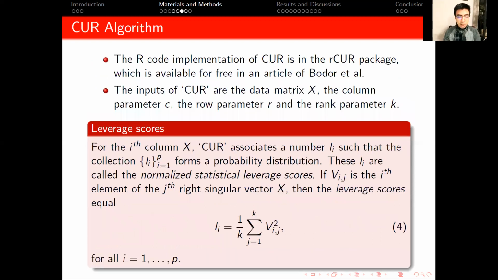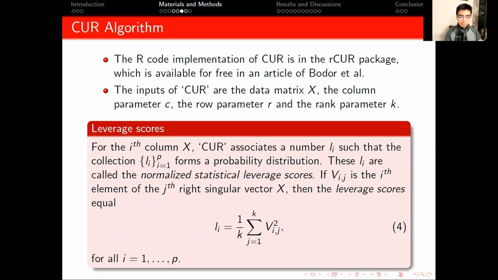Here, the R-code implementation of the CUR matrix decomposition is referred to as the CUR algorithm. This implementation is in the rCUR package, which is available for free in an article of Fodor et al. In the rCUR package, a primary function that makes the decomposition, called CUR, is implemented. The inputs of this function are the data matrix X, the column parameter C, the row parameter R, and the